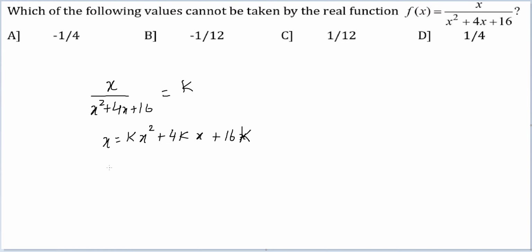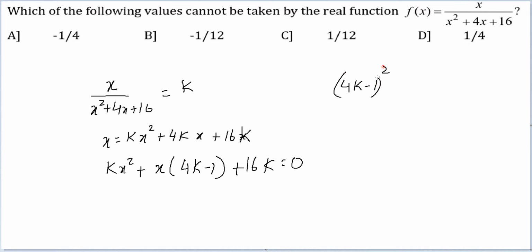or kx square plus, sorry, not k times, x times (4k minus 1) plus 16k will be equal to 0. I know x to be real, so the discriminant will be greater than or equal to 0. Discriminant here is (4k minus 1) whole square